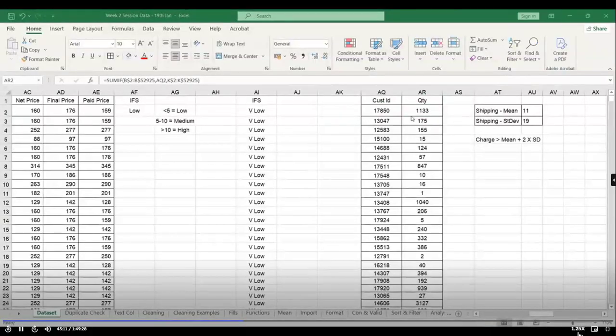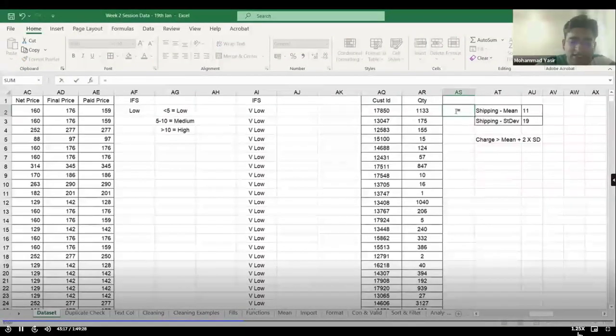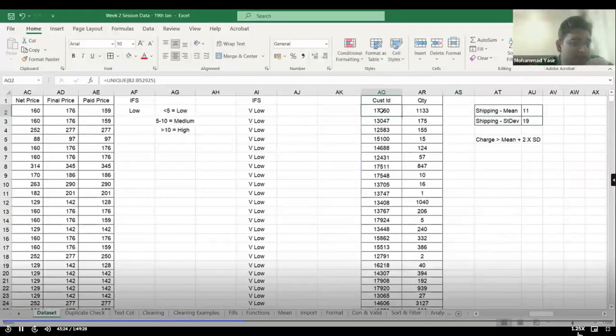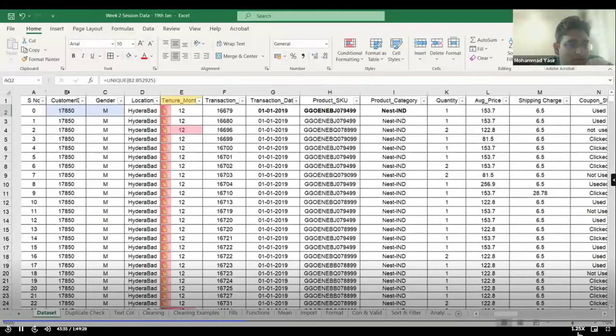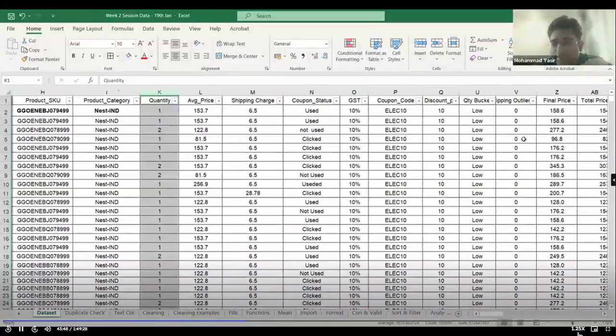So can you explain this again? So I'll create it here only. SUMIF has three inputs. First is the range. So I have this customer ID with me right now. I want to get the quantity. How many units did this customer ID purchase? So I will search this customer ID within my column B. Wherever I get a match, I will add quantity. Okay, that is what I want to do. Column B and column K. So getting back here,